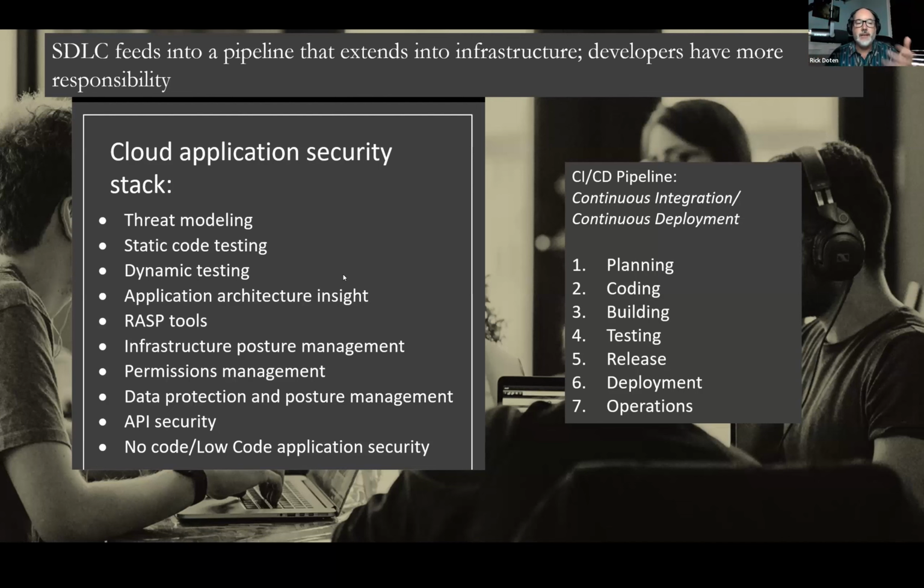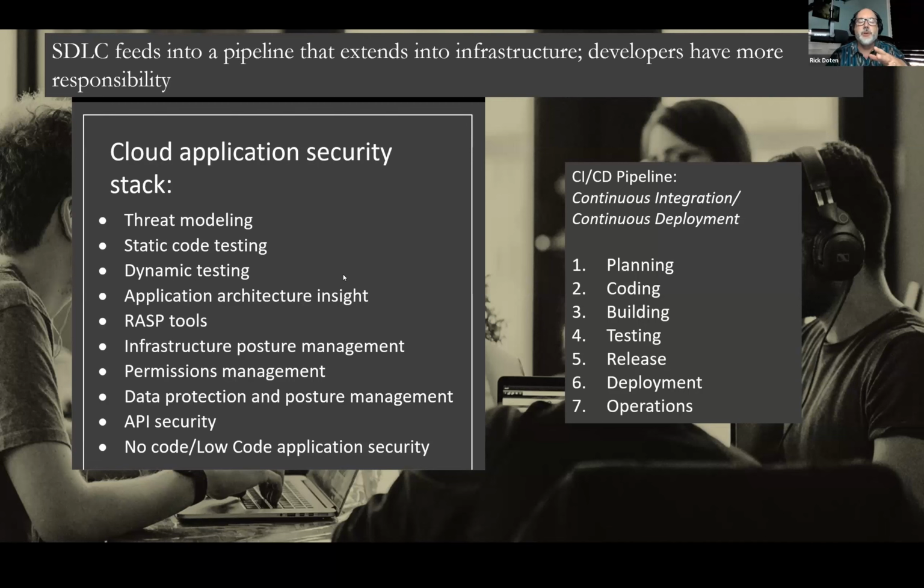Then static and dynamic code analysis, which is very traditional, and application architecture insight, which are tools that give you a map of what is going on in the cloud in your application environment, because you have different secrets management tools coming in for the credentials. You have lots of service accounts. You have different data sources. You have different APIs. You have different things that are feeding in from production into a website, for instance. And so these architecture insight tools fit below the posture management tools. The architecture insight tools are things that I would consider like a Bionic or an Oak9 or a Sysdig.